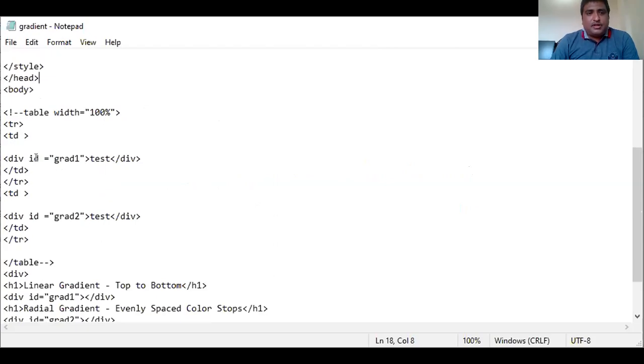Here we simply create two divs, with the attribute id equal to grad1, and here we write id equal to grad2. Let's see an output.